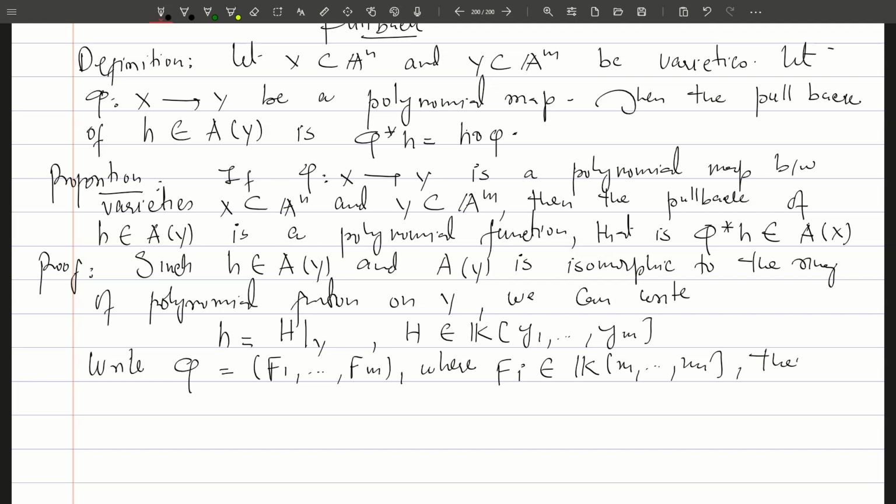Then for any points, let us consider a point in x. Then for any point, say a1 up to an in x,